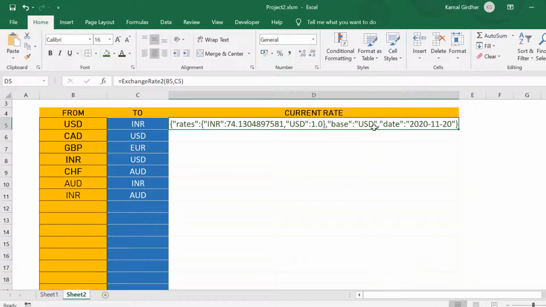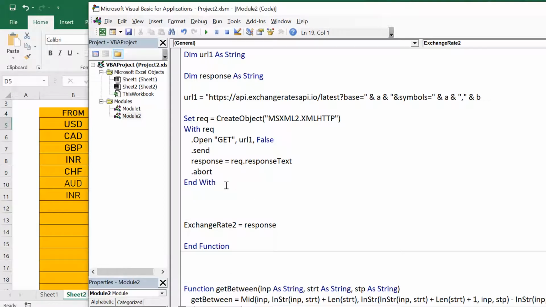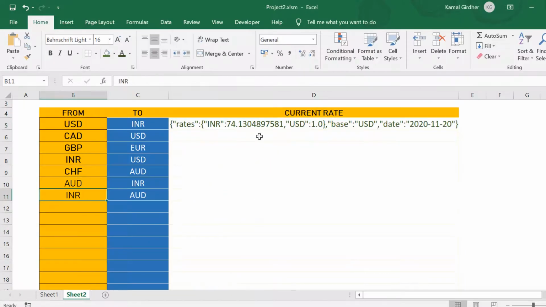All you need to do is use some string manipulation functions to get your values extracted, and then do concatenation operations to get your response in that format. So I have written this function for the sake of simplicity, where I am extracting something using MID and INSTR functions, and here I am going to use this function to just give me the value which I am looking for. So you see some pattern here.